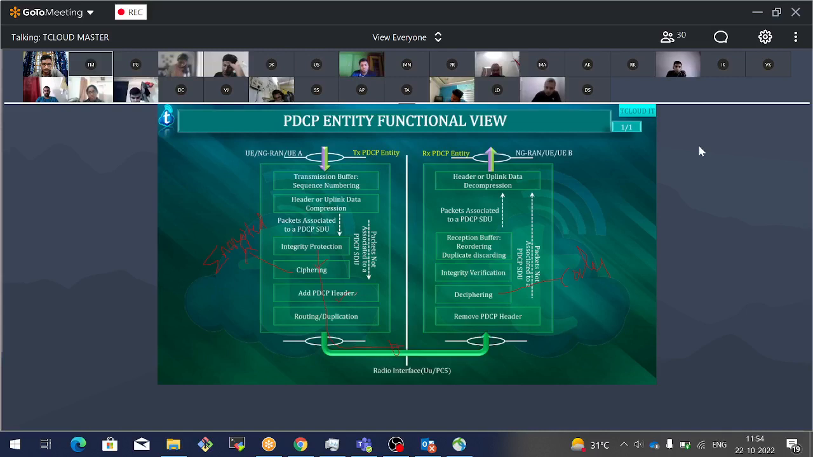And it adds the corresponding PDCP header based on the functionality it is performing, and then it sends out. But while it is sending out, there is a block called routing and duplication. We ignore that for now. Reason: that is required only in case of PDCP duplication and the other things that I have introduced, like